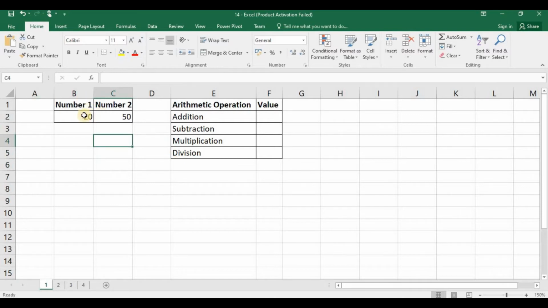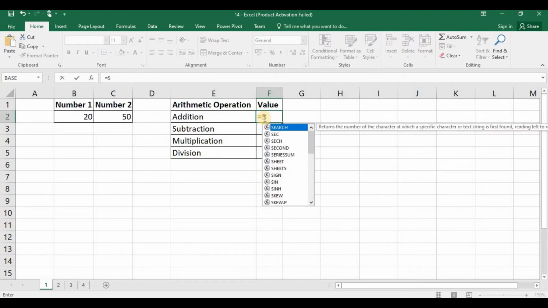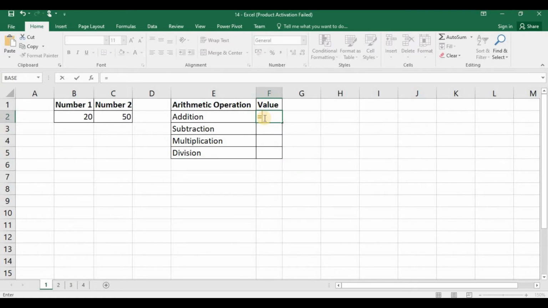Let's go to Excel. Here we have two numbers. I want to add these two numbers and the result to be displayed here in this cell. First, go to the cell where you want the result. Then press the equal sign. Once you start with an equal sign, Excel will treat that as a function. Now you can start typing your function name. Here I want to do summation. For this we'll use the sum function. Type sum. Here you can see the list of functions appearing. This is called IntelliSense. Excel will display the available functions based on the letters you are typing.